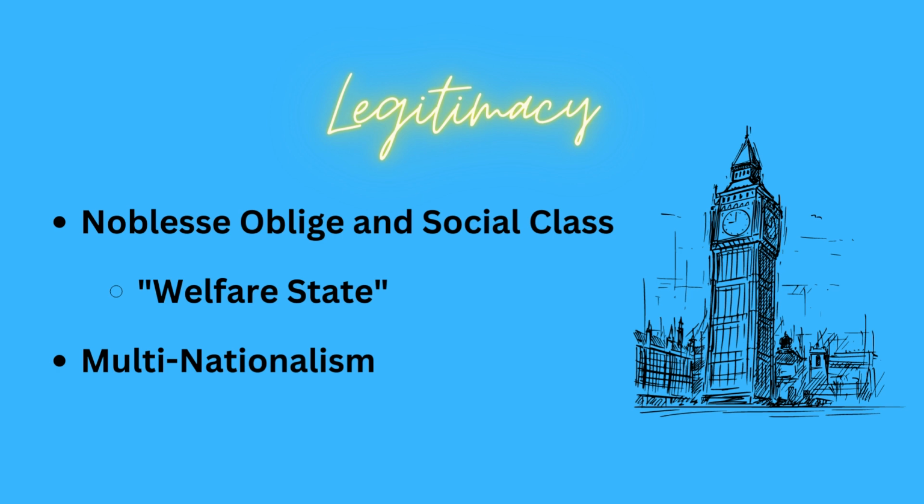This transitioned into what we call a welfare state, where that idea of noblesse oblige transforms. It becomes more of the duty of the government to provide for the social welfare of the population, as I said, education, healthcare, so on and so forth. The biggest example of this still today in Great Britain is the National Health Service, which is Great Britain's state-provided healthcare service. And there's a lot of controversy about the National Health Service, and that could be a topic of its own lecture, and so I won't go too deeply into it today.